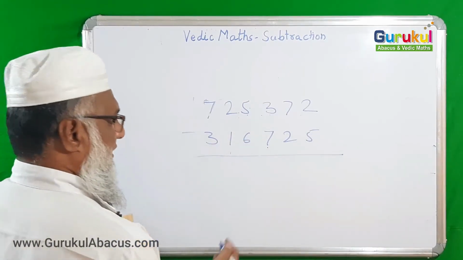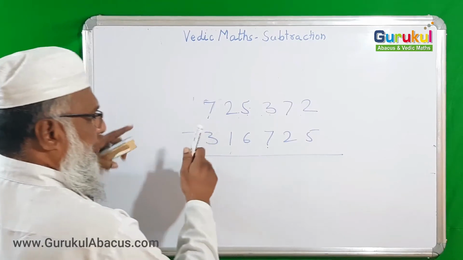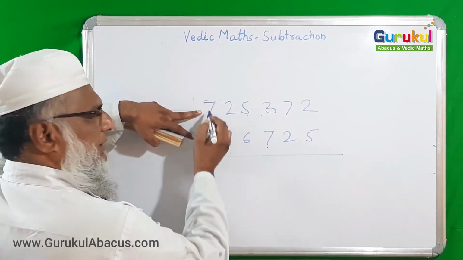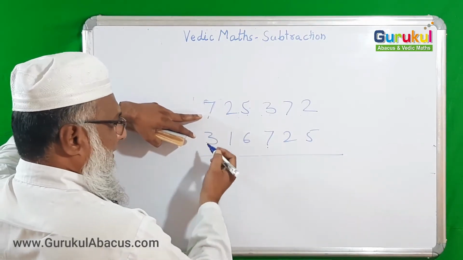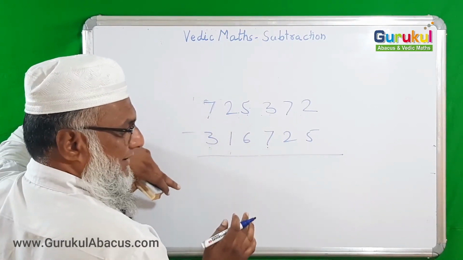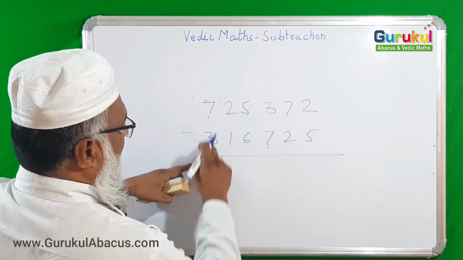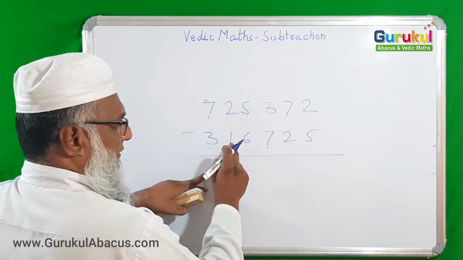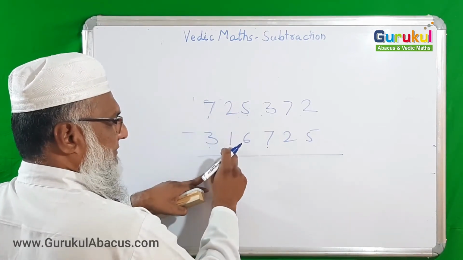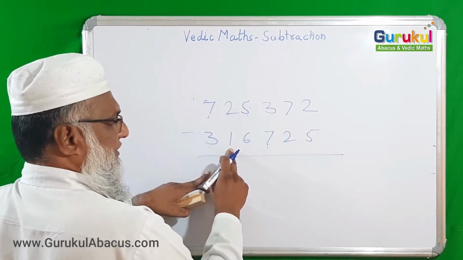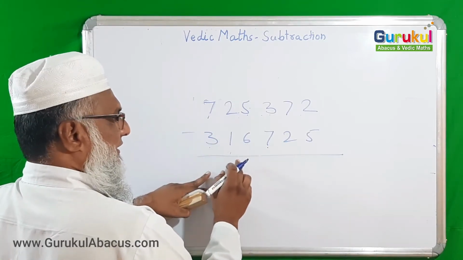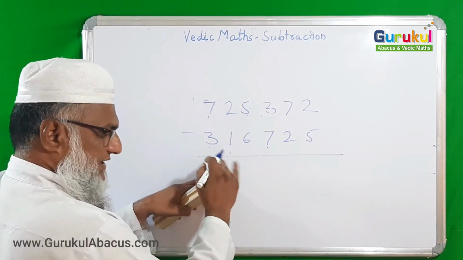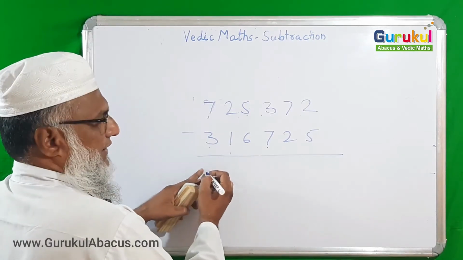Okay, here from left to right, just as like normal method, we should subtract downside digit from upside digit. But only here 7 minus 3, 4 directly I can write. But only what should I do before writing answer? Let us observe this. If you cannot subtract downside digit from upside digit, in this condition, then it is 7 minus 3, 4, don't write, less it by 1. So apart from 4 write 3, like that only.